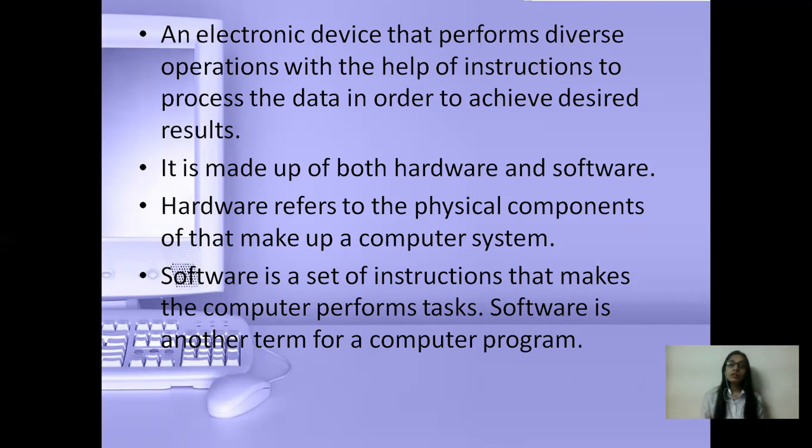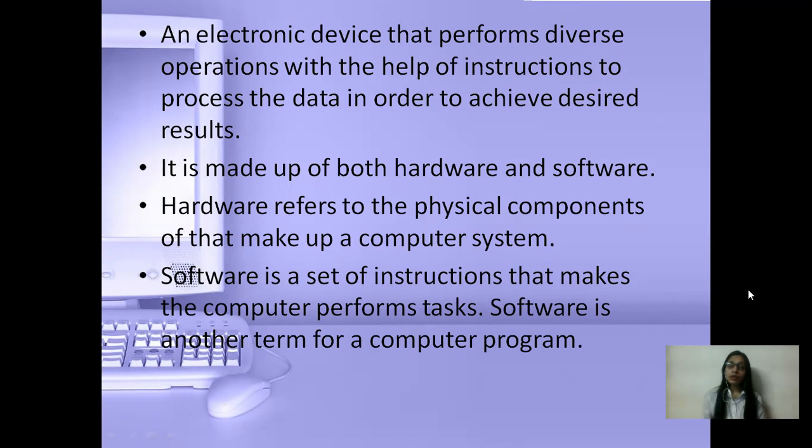Okay. It is made up of both hardware and software. So what is hardware? All the things which are physical components, which we can touch. For example, this mouse, we can touch it. This is a hardware. Okay. Keyboard is a hardware. Monitor is a hardware. All the things which we can touch are hardware.